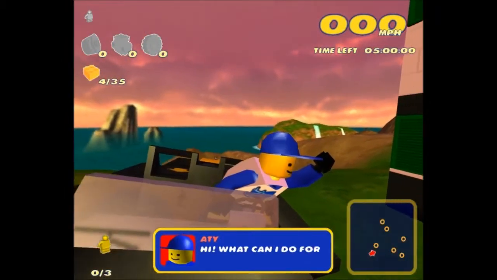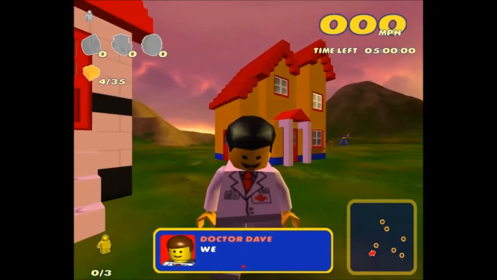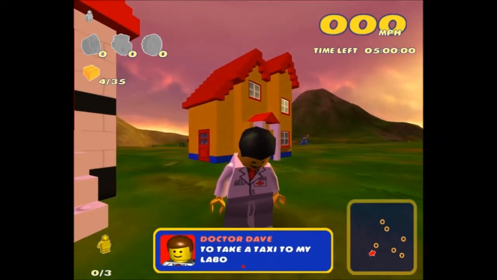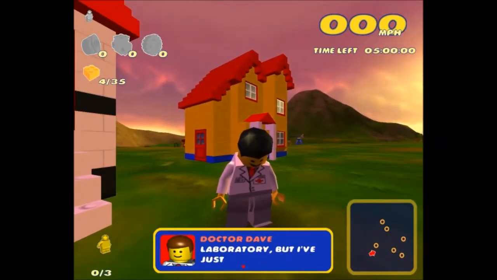Alright, so the doctor here wants something from us, and we've got a different car for some reason. Alright, so he's supposed to take a taxi to his laboratory, but...